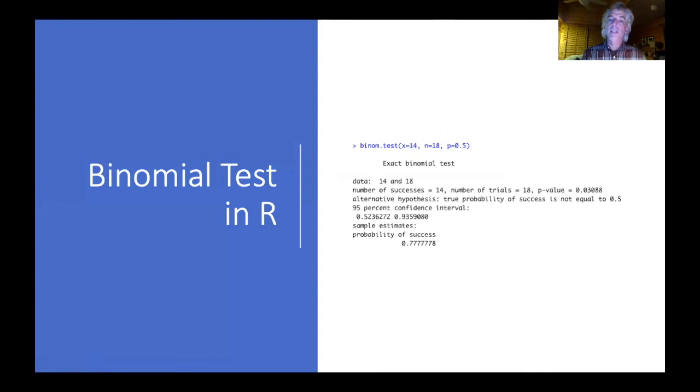Now, as it turns out, there's an even easier way to calculate the results of this binomial test, because there's a function already written in R that will allow us to do this. Okay? So we can use the binom.test function, where we specify the number of successes out of the total number of trials, where the null probability is indicated by the notation p. And from this, we get a calculation of the probability of success from our sample, as well as a p-value, or the probability of getting a sample as extreme or more extreme than this if the null hypothesis is in